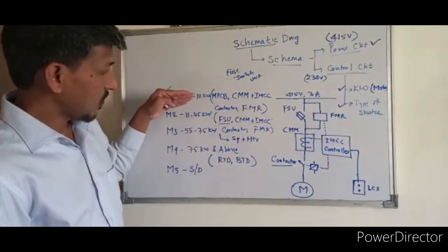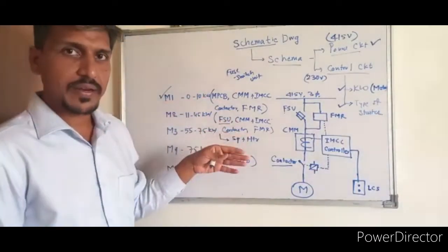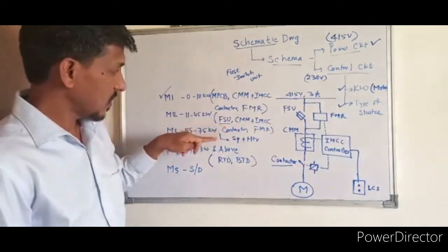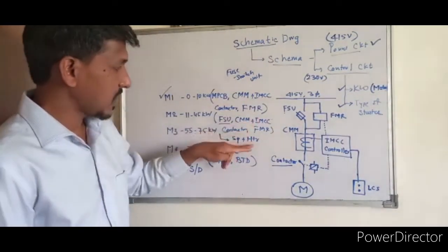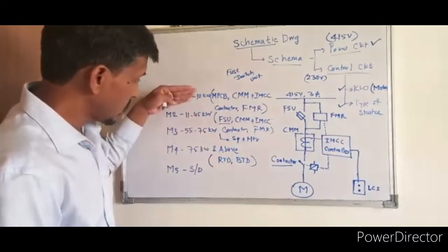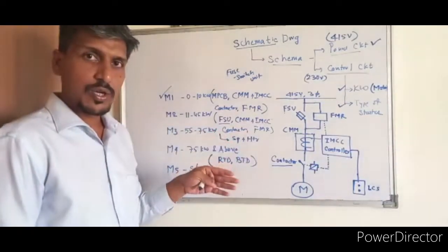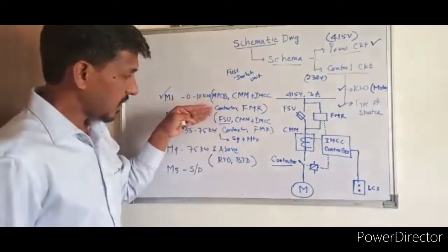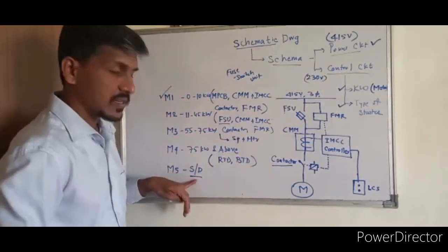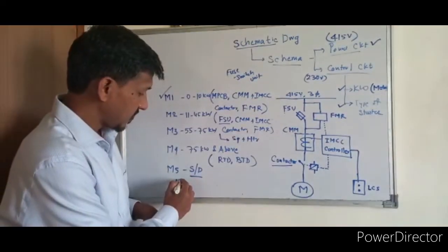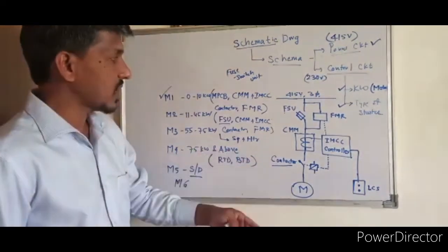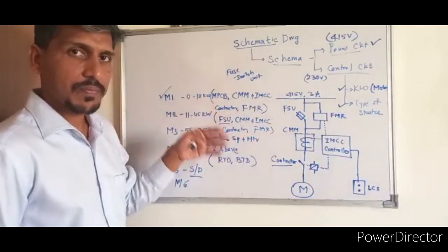So you can understand, for every higher rating, some additional equipment gets added. Here it was MPCB, here MPCB is replaced with FSU. Here the equipment is the same and space heater is added. Here everything is the same, again RTD and BTD is added. So every time some new equipment is added, and based on that they give the tags for the schemes. Last you can see M5, which is for star delta starter. If it is for VFD, then they will tag it something new, M6 or M7, M8, like that. So depending on the type of starter and the kilowatt rating of the motor, they normally prepare these schemes.